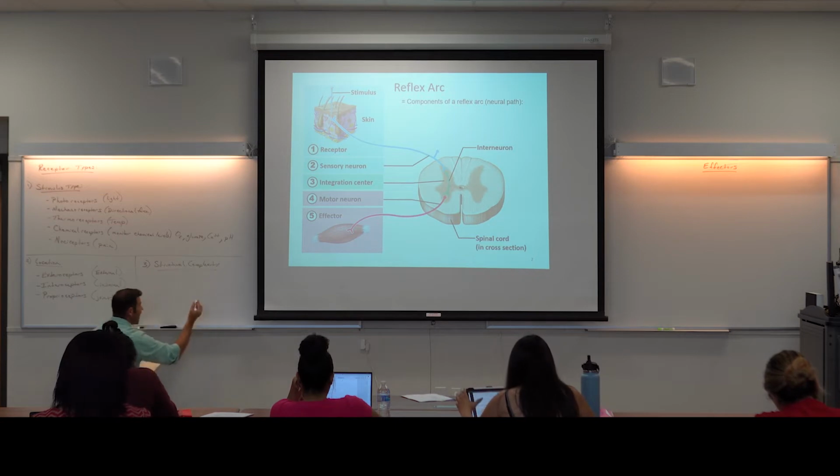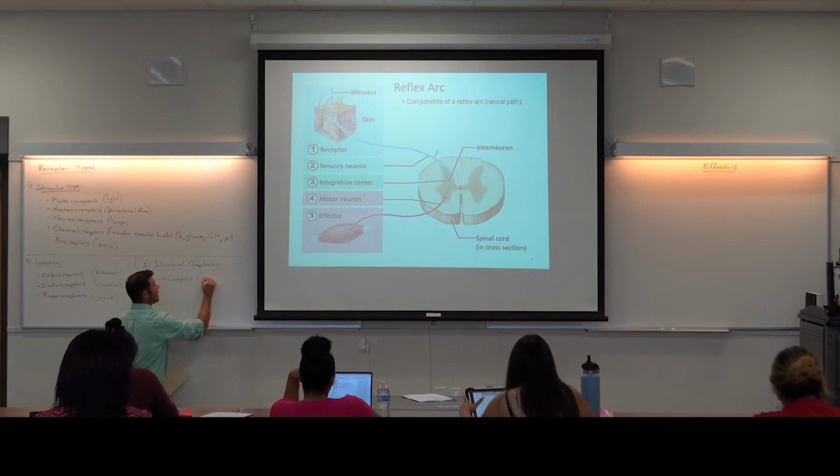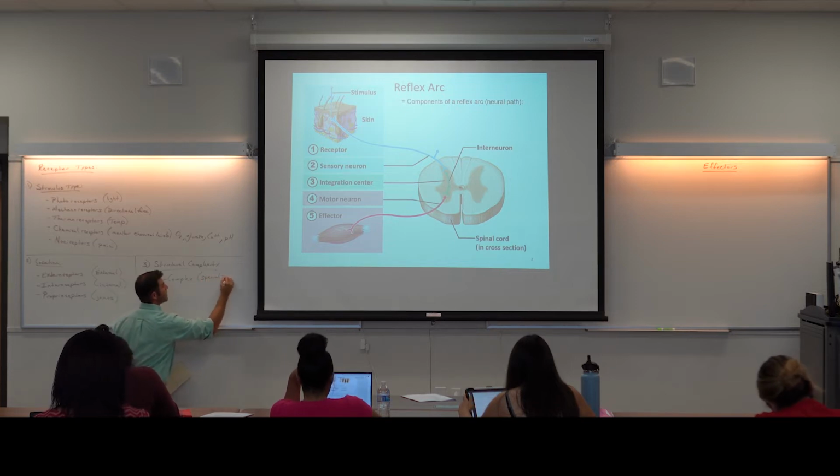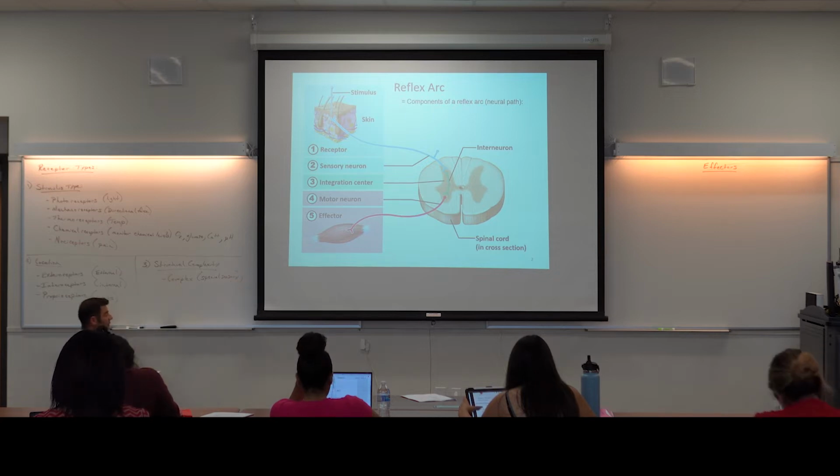These only have two categories. We're going to call these either complex, which is going to be the case for special sensory. We're going to draw some of these complex receptors that pick up things like photons. We're going to draw the photoreceptors in the eye. We're going to pick up the sound wave receptors in the ear. Then we're going to list what are called just simple